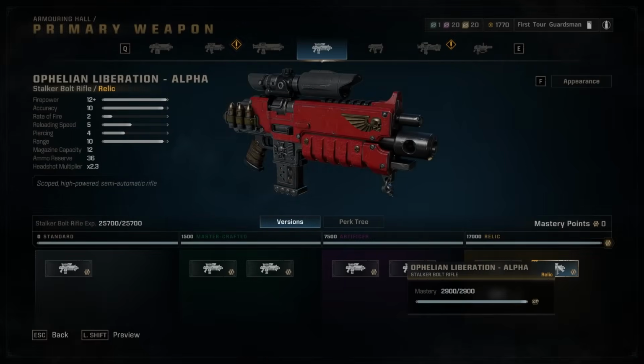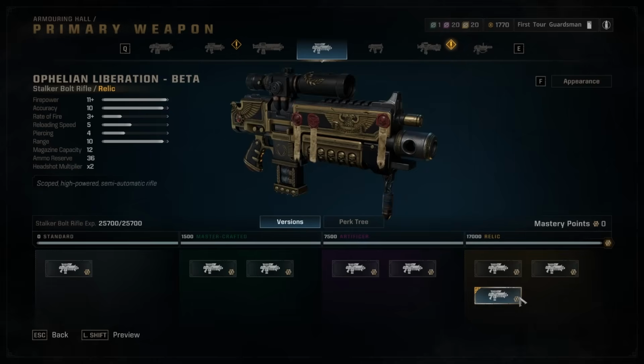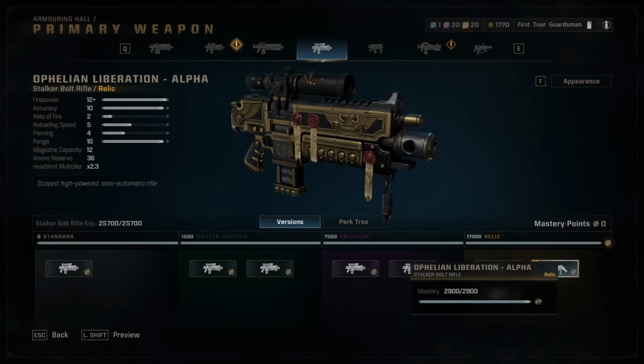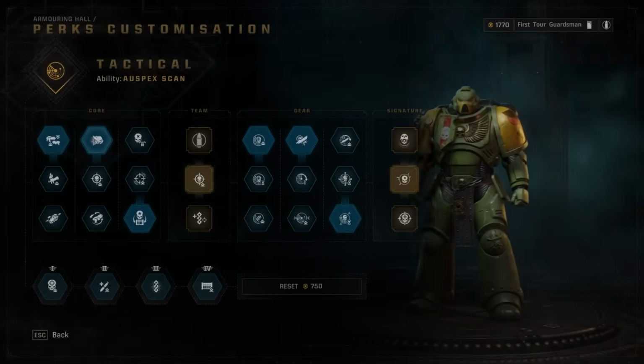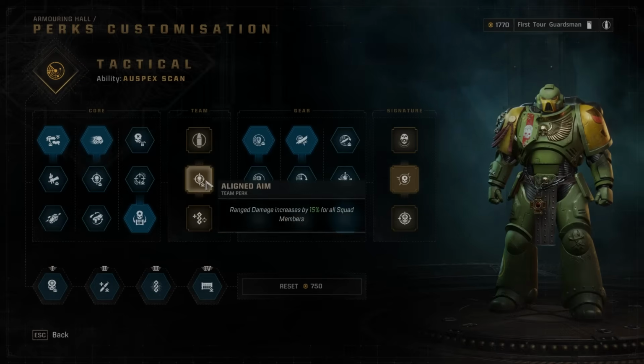The Firepower variant now has a times 2.3 headshot multiplier instead of times 2, and the Rate of Fire variant had its rate of fire slightly increased. So they're both very strong options, but today I will be using the Firepower variant, because when we stack this with perks like Balanced Distribution for 10% increased primary damage and Aligned Aim for 15% increased ranged damage overall, we